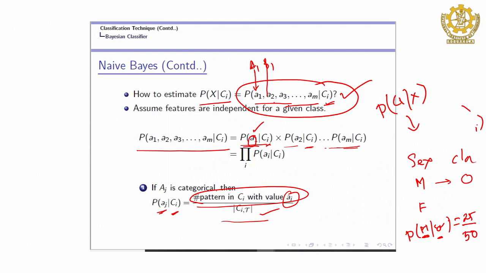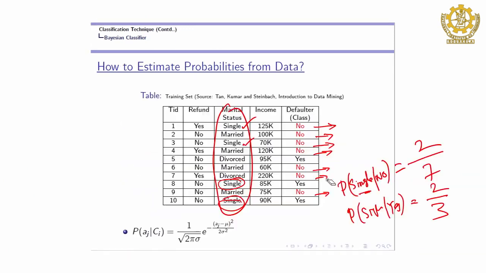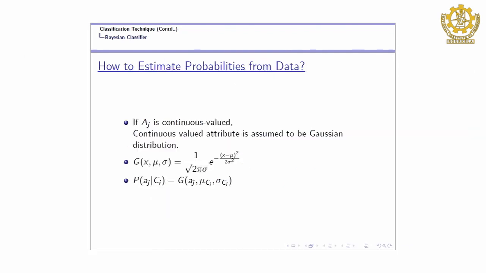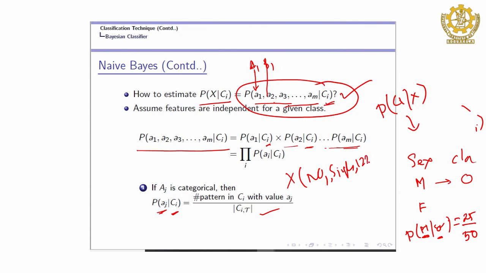Now we move back to what we were talking about. X is an unknown object, and we need to check what its values are. First is refund, let us say the value is no, and then single, and then the next feature, income. Income is let us say 122. So, you have to identify the class level.